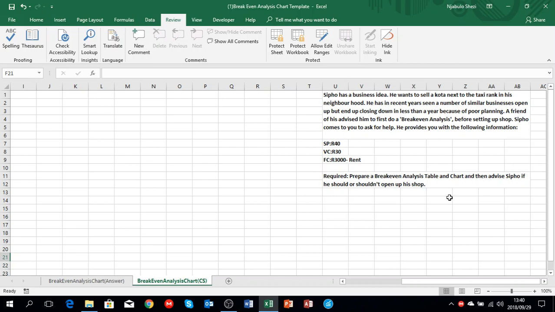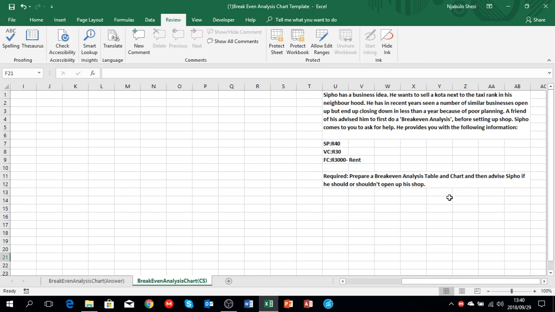I'm not sure if you guys are aware, but there's a stat, I think it's by Stats SA. It says that 65 to 75% of new businesses end up closing within 6 months of starting their businesses or of opening up. And I think a major reason